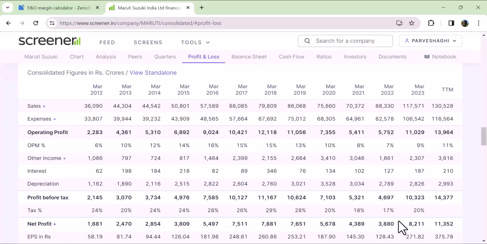But Maruti itself has said in their annual report that the next 2 quarters are going to be bad. Not very bad, but not as good as what they have witnessed, because of some reasons which they have mentioned in the annual report. Last time I had played out that reason. I'll be putting a video on that shortly, maybe tomorrow, on Maruti, because I've done a class. So anyway,